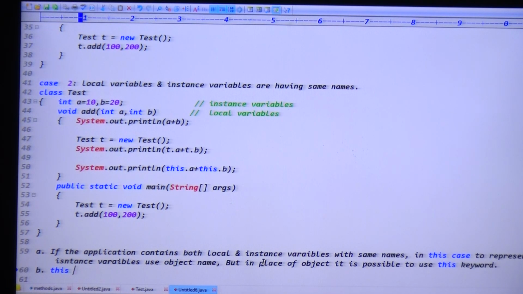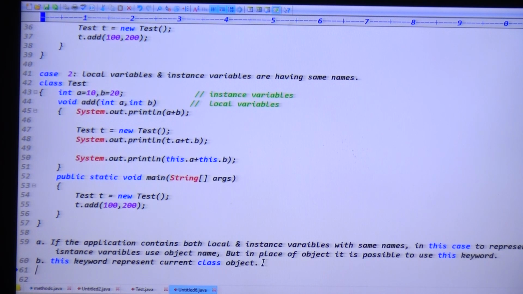What about this, guys? The this keyword represents what? The this keyword represents the current class object, right? Exactly.